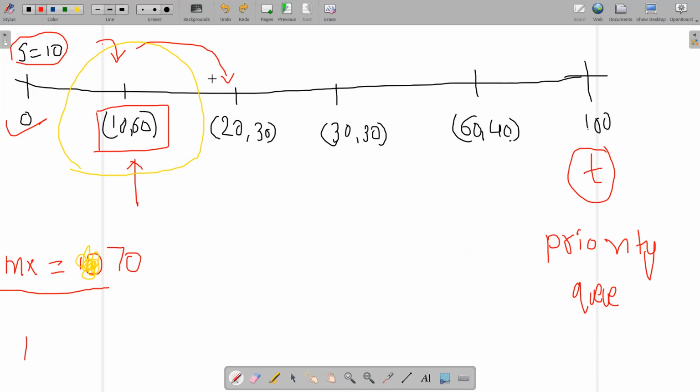Now when I have come up to this station, my maximum becomes 70, and when I have completed visiting this station, I have to push the fuel provided by this station to my priority queue. Then my priority queue contains a single element now, which is 30. Now my maximum is 70, and I have already used one time, that is the fueling of my vehicle. Okay, so let's move further.